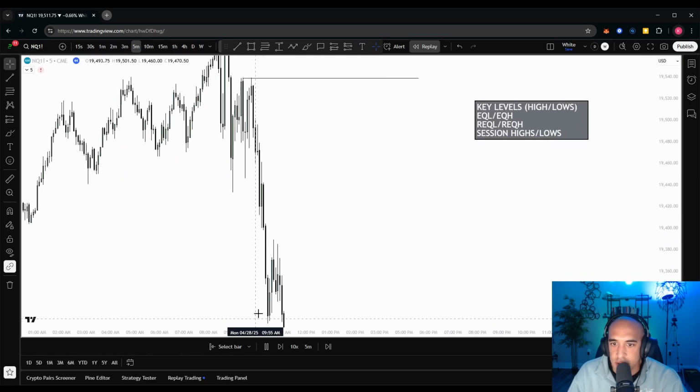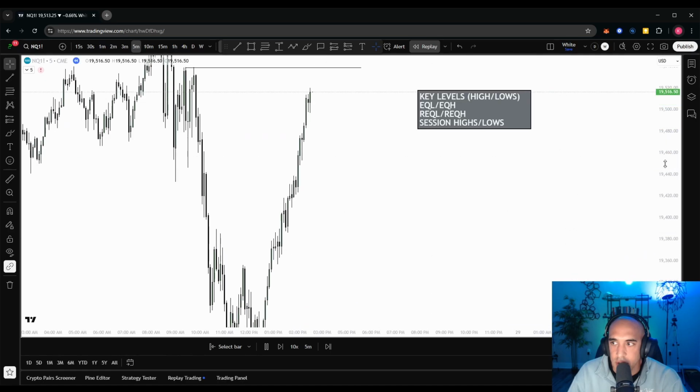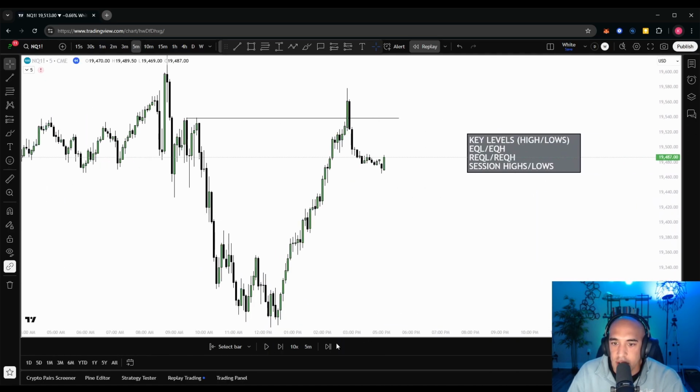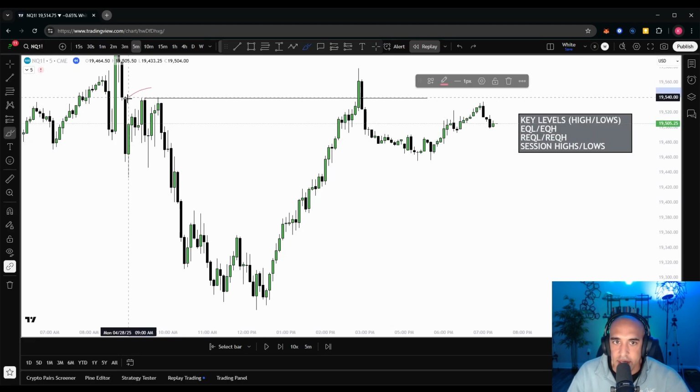So price comes down, it's seeking liquidity so it can grab fuel to go higher. Boom, right to it. And let me add a little bit more sauce to this. Not only did it go to this level, it went to it effortlessly. Do you see the momentum here? This is intentional, guys. Why did it boost like this, and why just to this spot? Because after the fact, it kind of chilled out, right? Why? Because there's equal highs resting there, okay?